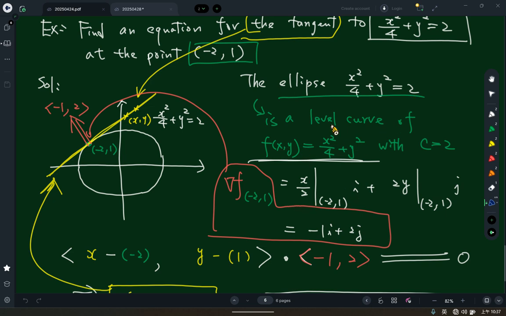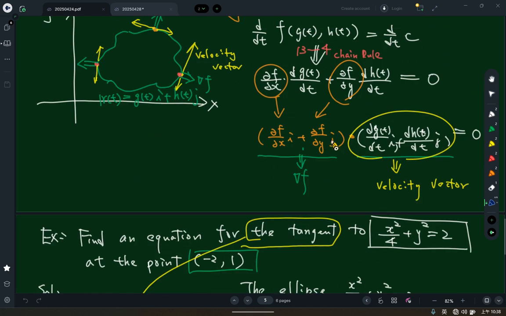So we can regard this curve as a level curve for f of x, y equal to x squared over 4 plus y squared, with c equal to 2. 我们可以把它视同为这个曲面的 level curve，它的 level curve 返回的值都是2，对不对？因为这个 ellipse 的值就是2，所以把它带进去一定都是2。这个观点就不一样了，是把这件事情当作是这个 surface 的 level curve。